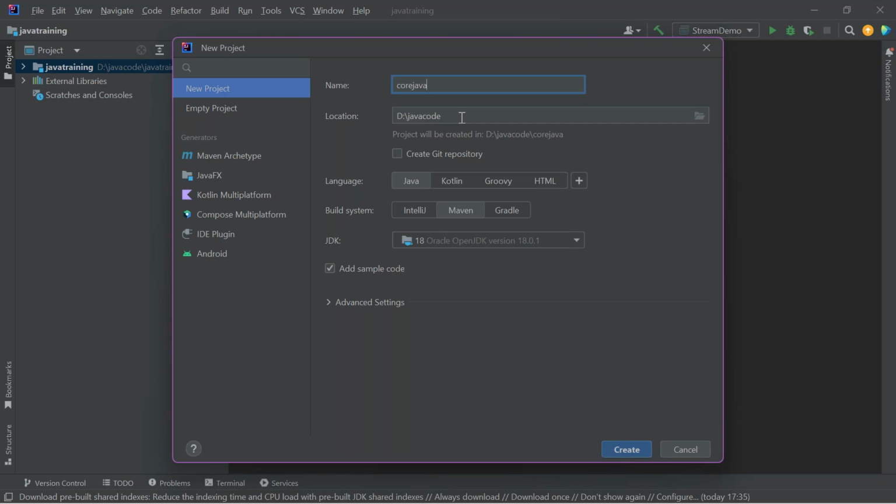It is like saving your code. Then I mentioned, create Git repository. If somebody already created a project in a Git repository and you are using it, that is different. But if you are going to develop from scratch, as a new developer who has been assigned a task to start something from scratch, it is your responsibility to create a repository, so you can check this, but we are not going to do this.